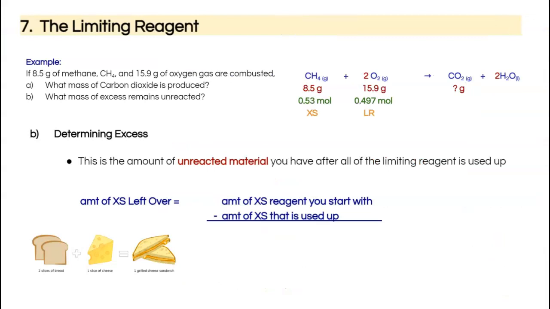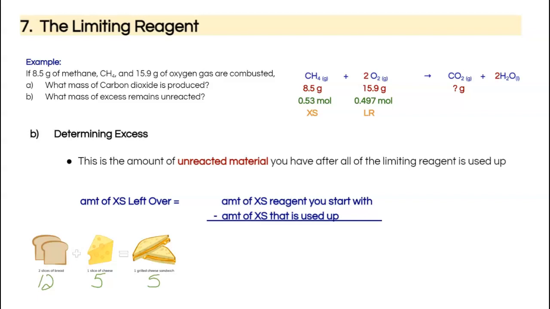Okay, so here we are. So determining excess. Let's just think logically about this. When I look at the grilled cheese sandwich situation, you'll remember initially I said we had 12 slices of bread and 5 slices of cheese. And we determined that I can make a maximum of 5 grilled cheese sandwiches with those, given the proportions in